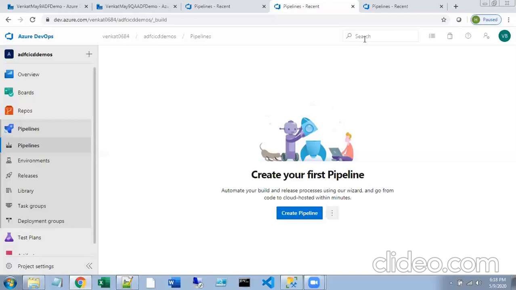As we are able to create a test environment, creating another environment is not a big deal. So I'll just show you all the steps from the beginning, how we'll be implementing CI/CD for creating Azure Data Factory pipelines using Azure SQL database.